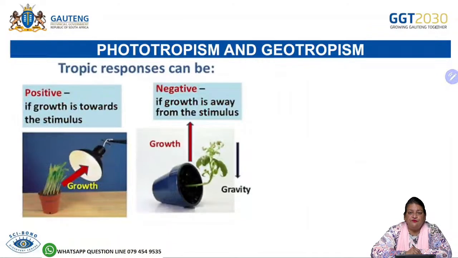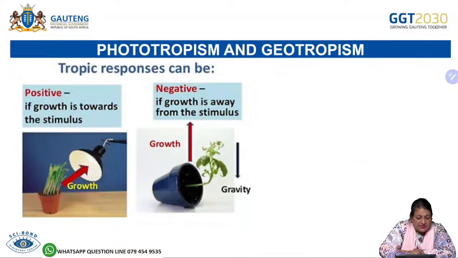Now we're going to look at phototropism and geotropism, and these are the experiments that normally come out as an investigation in paper 1. So let us look at this little pot, and you can see there are seedlings with little leaves growing, and there is a light. You can see, learners, in this picture, the little seedlings or the shoots are growing. They're actually bending towards light. So what did we say bending is? Tropism, and they're growing to light. It's called